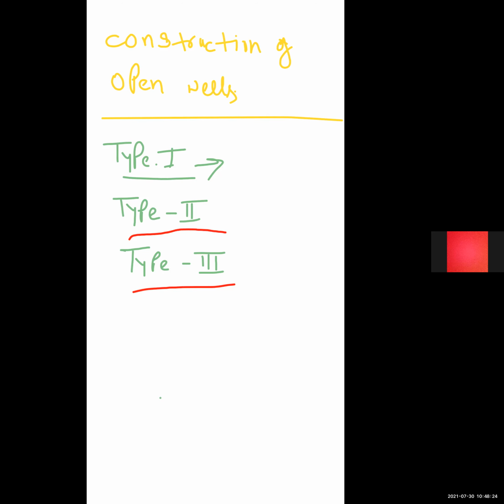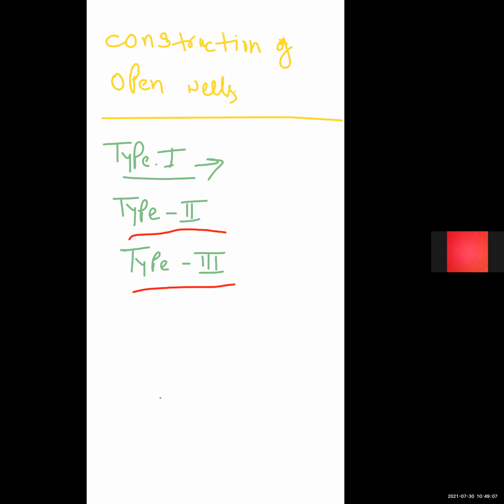Such wells are generally plugged at the bottom by means of concrete. If the bottom is not plugged, the flow pattern will be a combination of radial flow and spherical flow. Such wells are generally suitable in strata of gravel or coarse sand. If constructed in finer soil, care is needed to prevent the entry of sand into the well along with the seeping water. So this is the type 2 well.